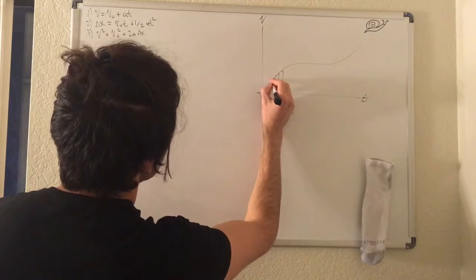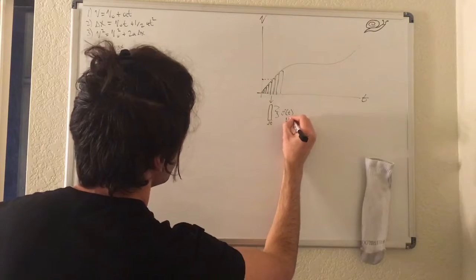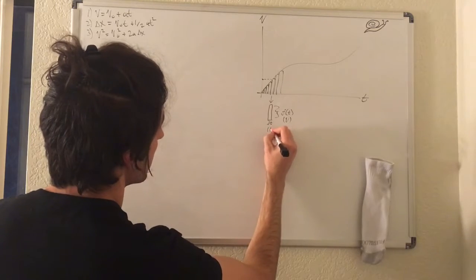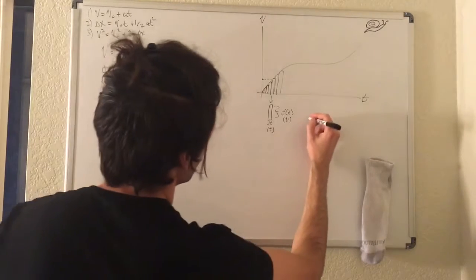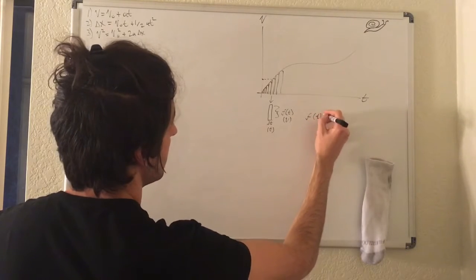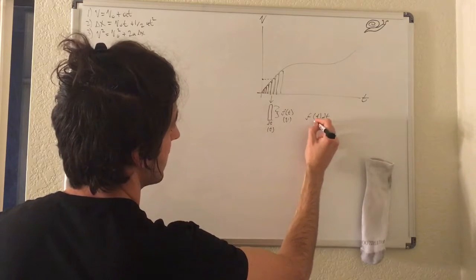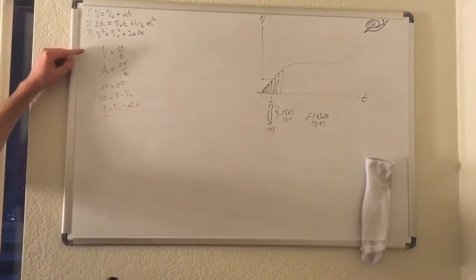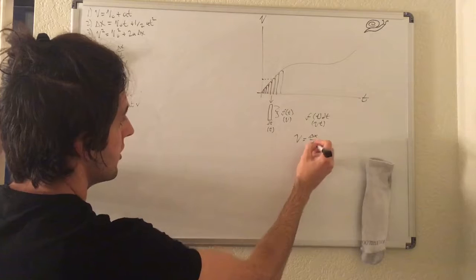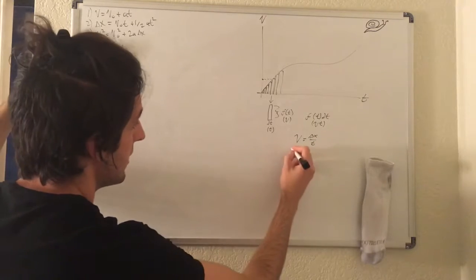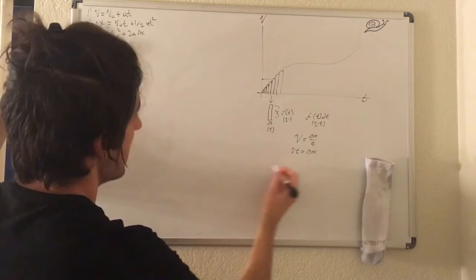So f of t correlates to some velocity output right here on the vertical axis. So it has units of velocity, and the horizontal axis has units of time. So the area of this rectangle, we could say, is f of t dt, but the units of this rectangle would be velocity times time. And if you remember what I said right here, that velocity is a change in position over time. If we multiply both sides by t, we get velocity times time equals displacement. And that's why